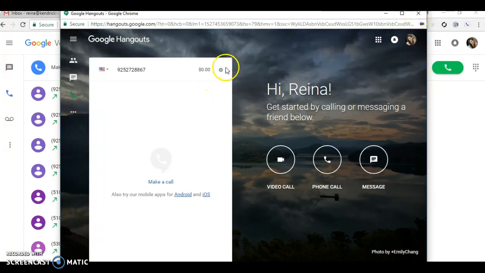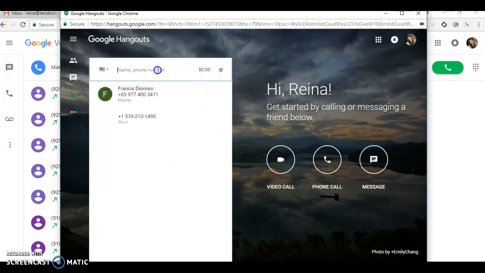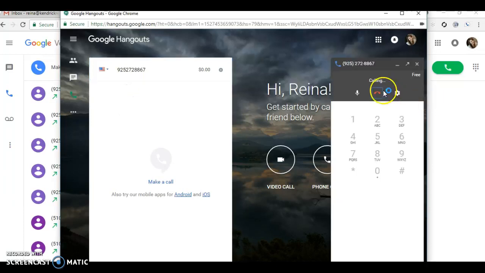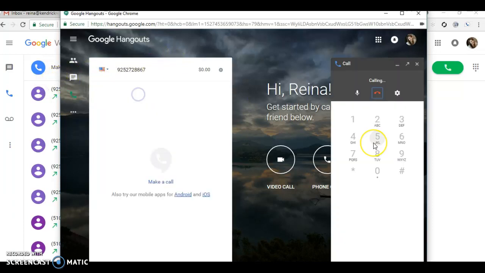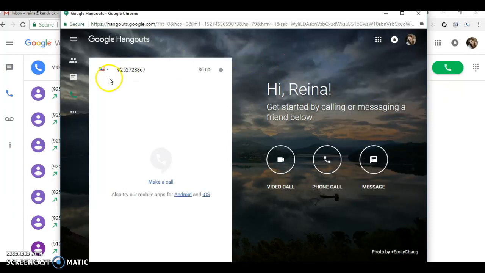Okay. So again, if you're going to make a phone call, just click on the call icon. You'll be given this box. Paste the phone number, click on call, and it's going to dial. Say you get a voicemail, you end the call, and then you dial the phone number again, and it's going to dial right away. That's twice in a row. Okay? Now if you're going to send a text message,